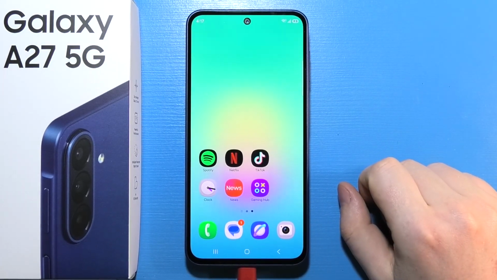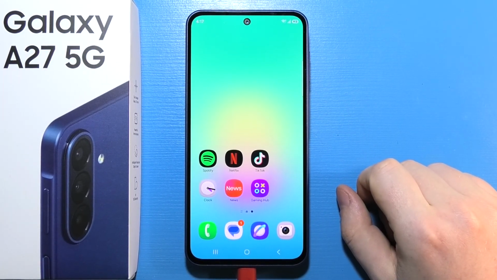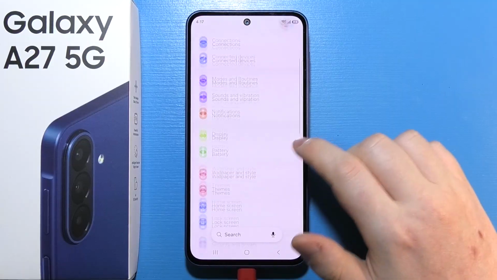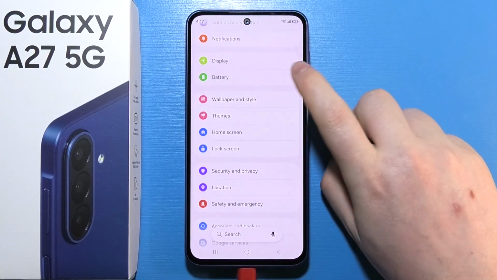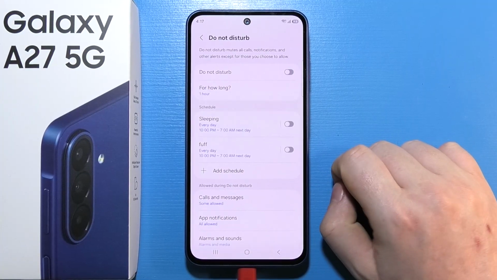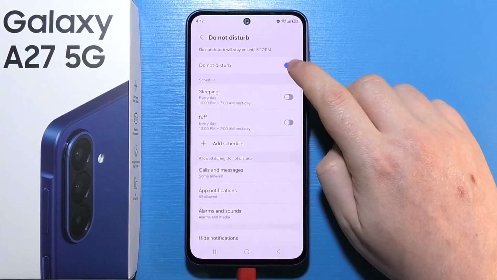To enable or disable Do Not Disturb mode in Samsung Galaxy A27 5G, first of all, you will need to open settings on your device. Next step is to scroll down until we find the notifications section, and then when you enter it, you can go to Do Not Disturb mode, and there's a switch right here that allows you to turn it on and